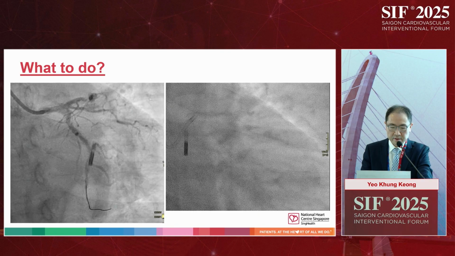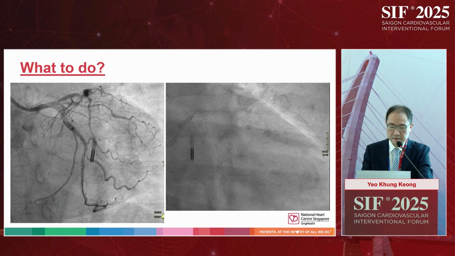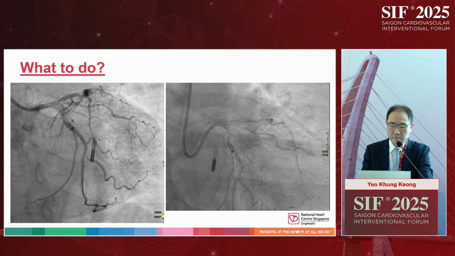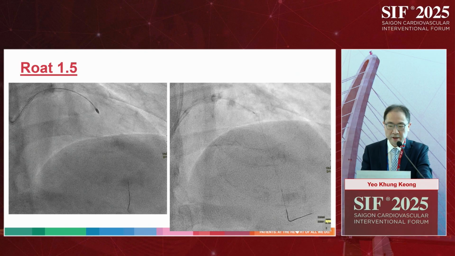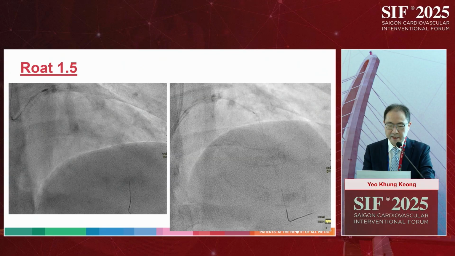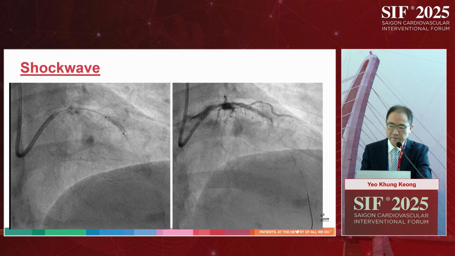Good. So what do you do here? So this is the trough from the initial rotablator. So this is the trough, and I've already mentioned that. In this case, remember, I had no guide. I decided to take a chance. I took out the guide, changed it to an M plus guide, rotablated the LED with a 1.5, ballooned it, shockwaved it,